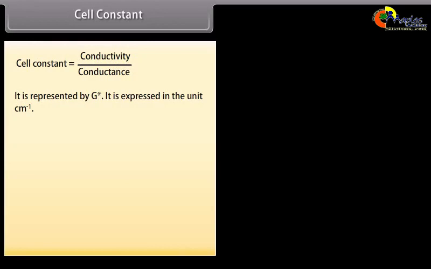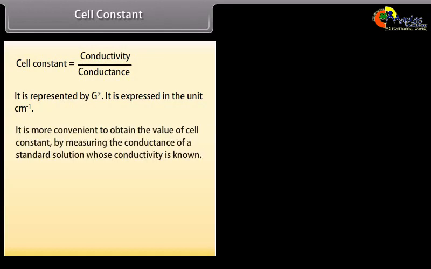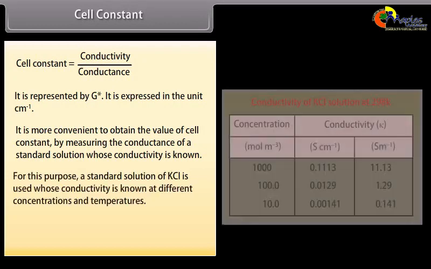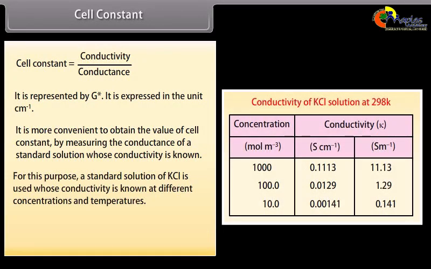Cell constant. Cell constant is equal to conductivity upon conductance. It is represented by G asterisk. It is expressed in the unit centimeter inverse. It is more convenient to obtain the value of the cell constant by measuring the conductance of a standard solution whose conductivity is known. For this purpose, a standard solution of KCl is used whose conductivity is known at different concentrations